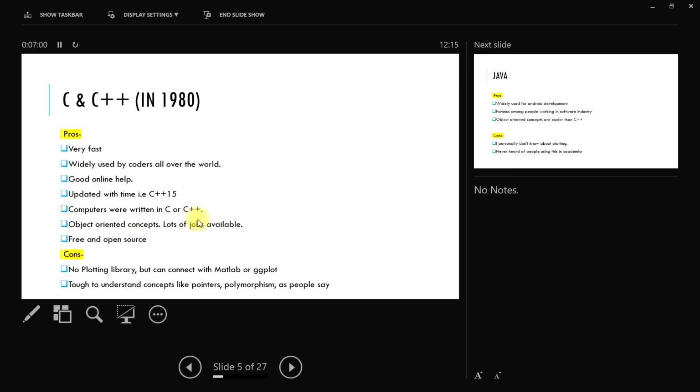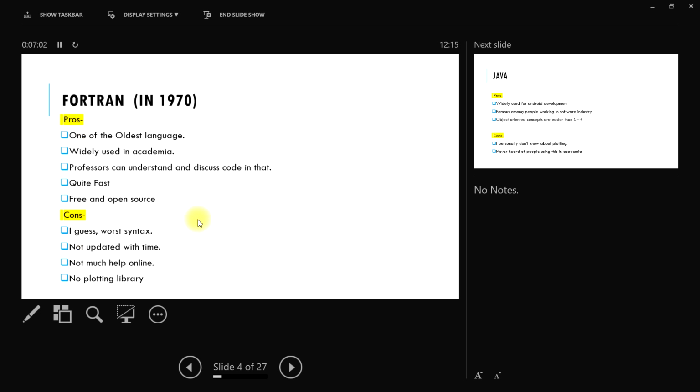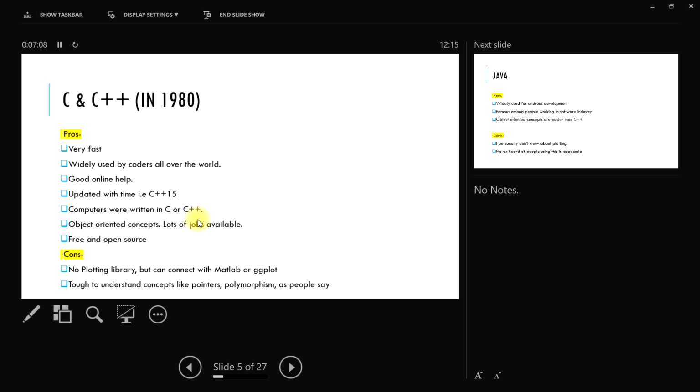Okay, and another drawback which I forgot to mention in Fortran: there is this concept called object-oriented programming, which is not there in Fortran, I guess, but it's there in C++. I won't go into detail of object-oriented programming, but this is the backbone of C++. Object-oriented programming is not there in C, and I have used it in my codes, but I don't know how many people over here use it.